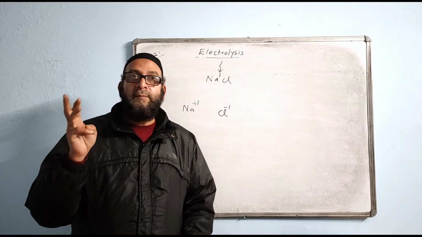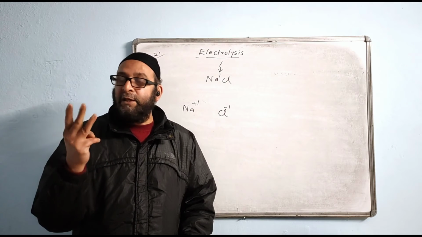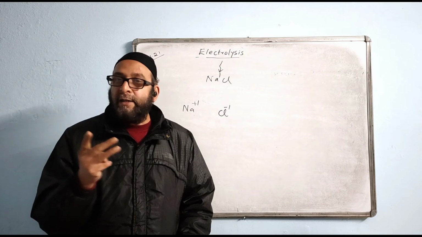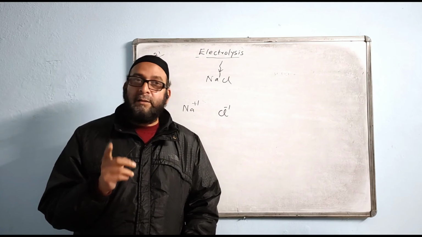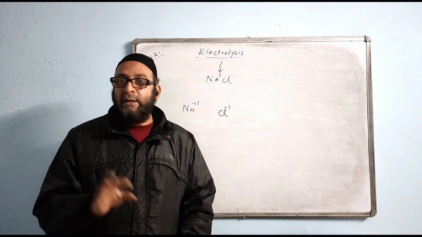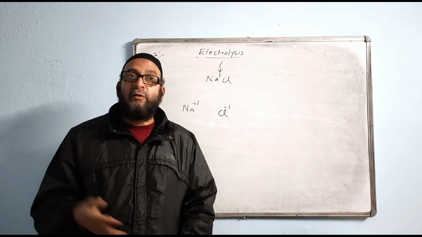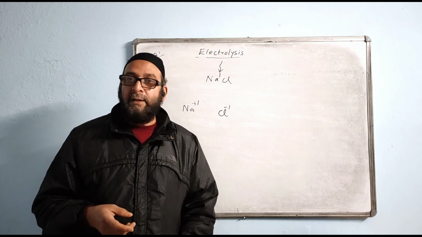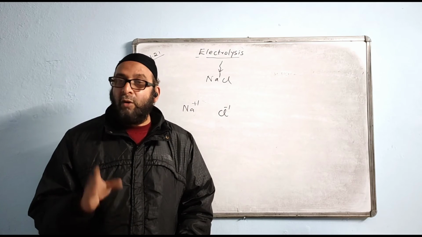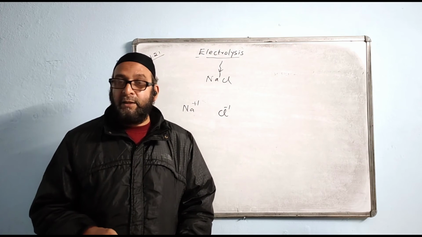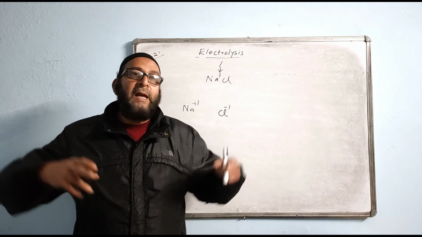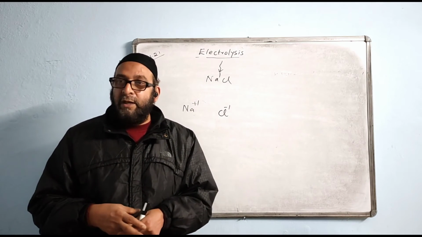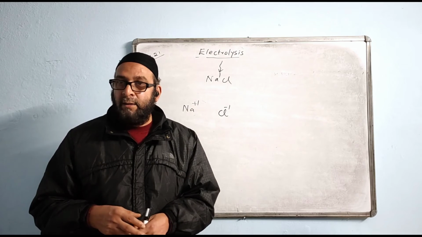So, after that you have to learn that there are three categories. One is called electrolyte. Just now I said the substance which is a conductor of electricity in aqueous or molten state is called an electrolyte. And what are non-electrolytes? The substance which does not conduct electricity in aqueous or molten state is called non-electrolyte. Though the substance we are taking is in the aqueous state or even in the molten state, it is not conducting electricity, so it is called non-electrolyte.